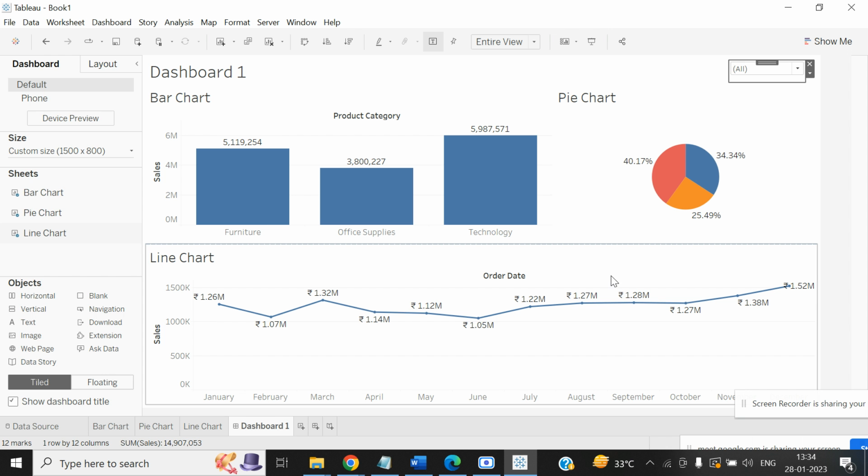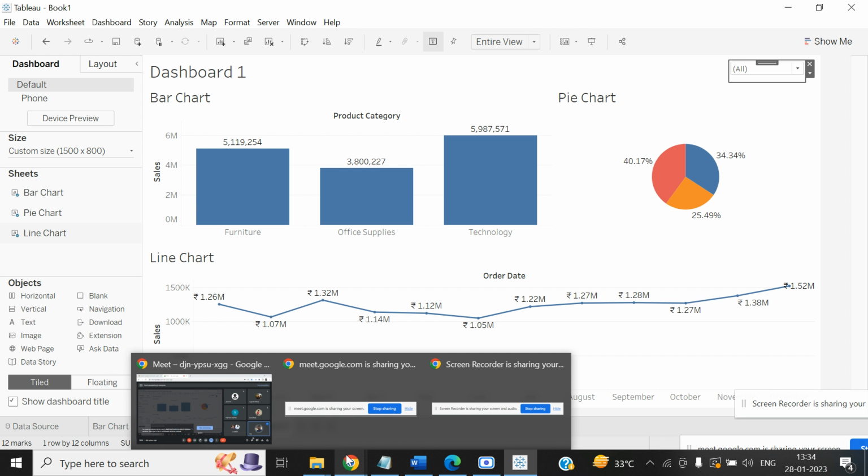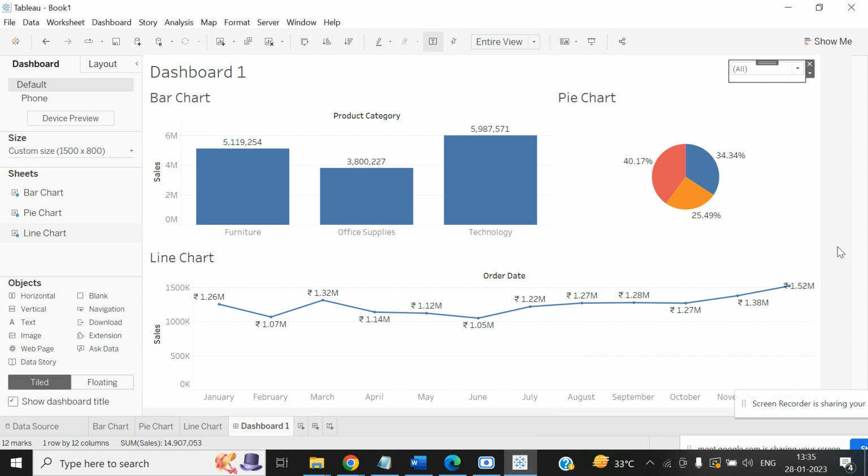Now that is completely a different topic to learn. Under Tableau Server, basically Tableau has three major products. One is Tableau Desktop, the other is Tableau Public, and the third one is Tableau Server. It's a completely different product of Tableau, which is basically used to publish your Tableau Desktop work, and there is a lot more you can do